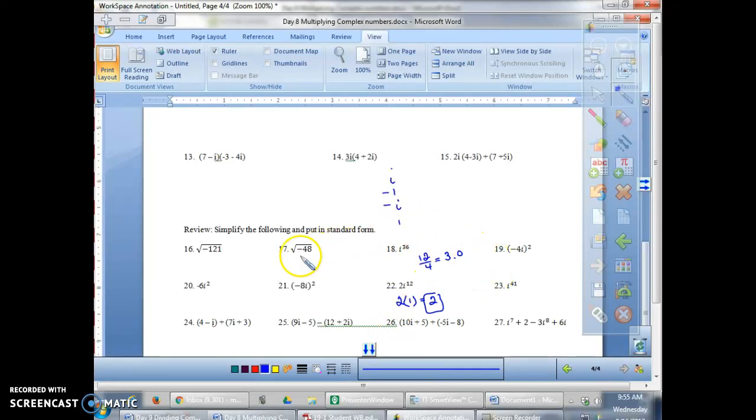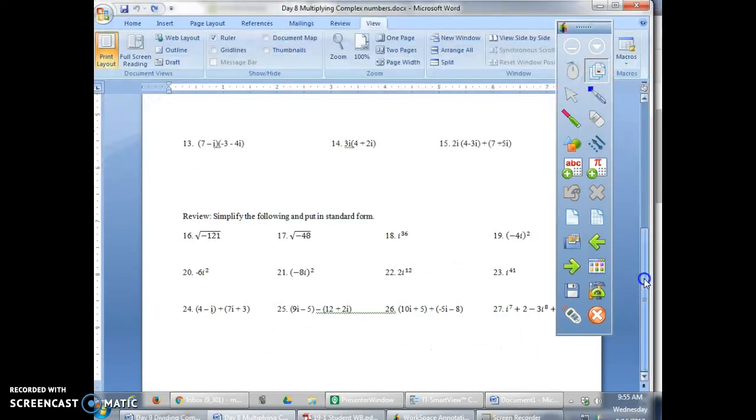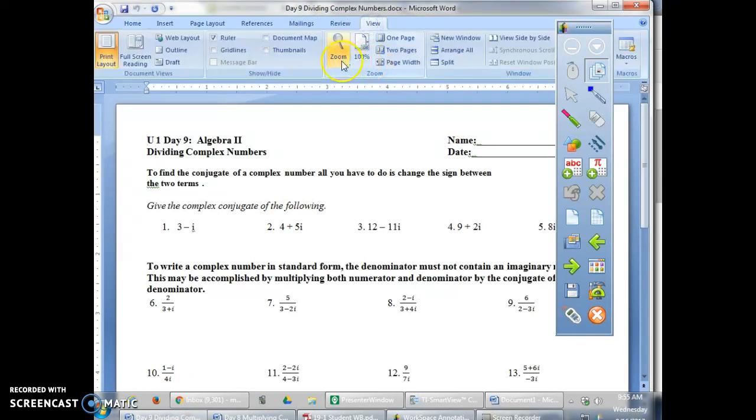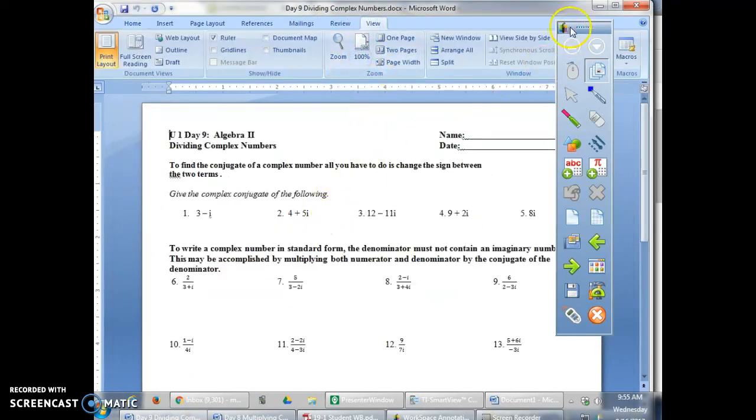And let's see, I think that should pretty much do it for you. So just go over these and make sure you check your answers. Now, division, of course, gets a little bit more complicated, but you're still doing the multiplying within the division. Okay, so